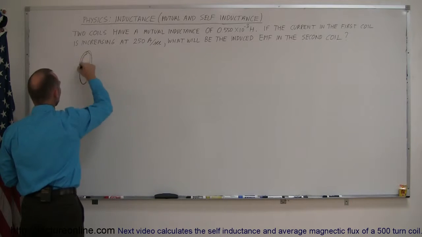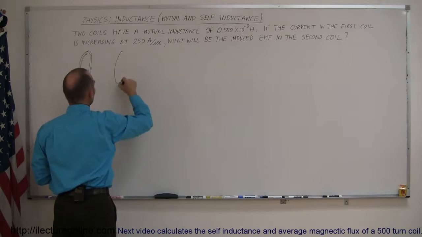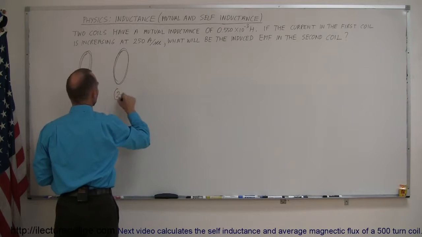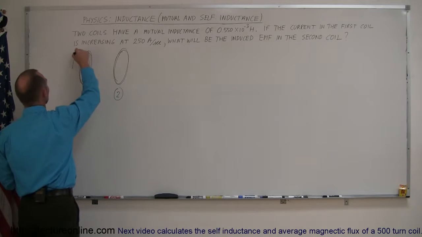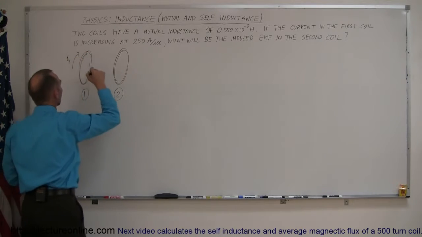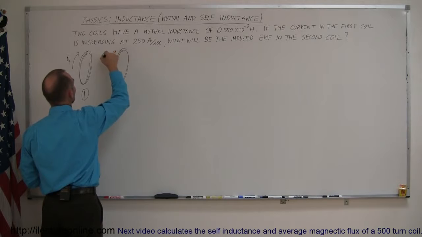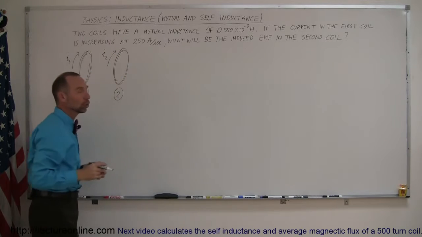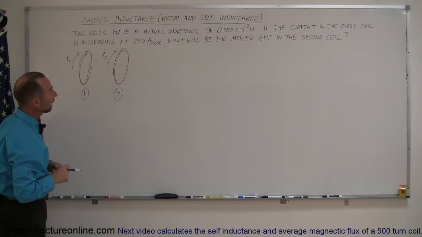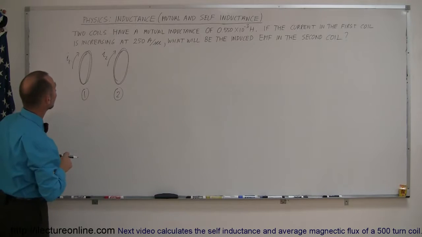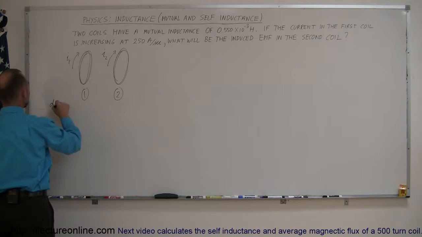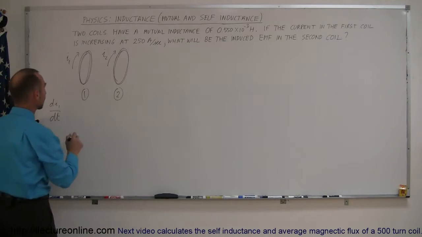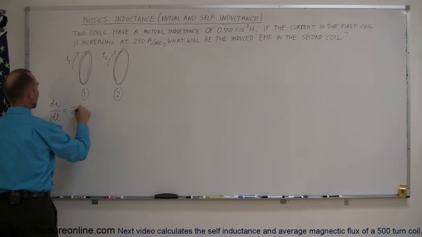So here's coil number 1, and here's coil number 2. If current flows through each coil, let's say we have a current flowing through coil 1, which is I1, and a current in the second coil, let's call it I2. It says that the current in the first coil is increasing at 250 amps per second. So dI1/dt, the change in the current of the first coil per unit time, is equal to 250